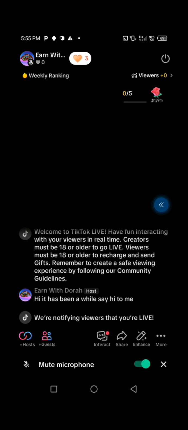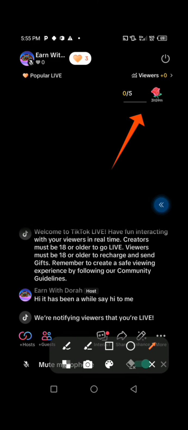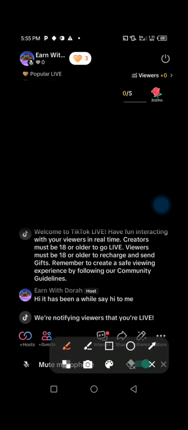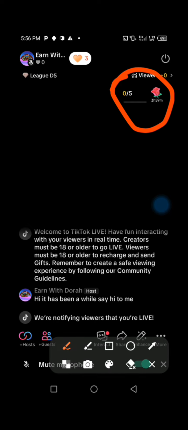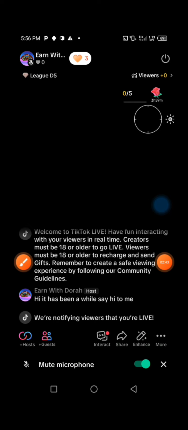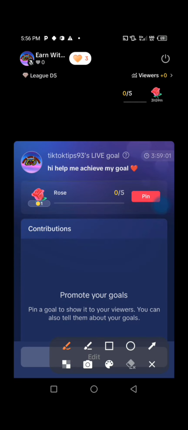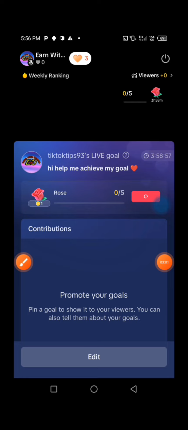Now guys, this is how you can pin your live goal on TikTok in comments so that everyone can see it. Right there is your live goal. Press on your live goal if you want to pin it. Make sure you press on it. After pressing on live goal, TikTok will bring you to this page. Make sure you press on pin. Press on pin, and after pressing on pin,